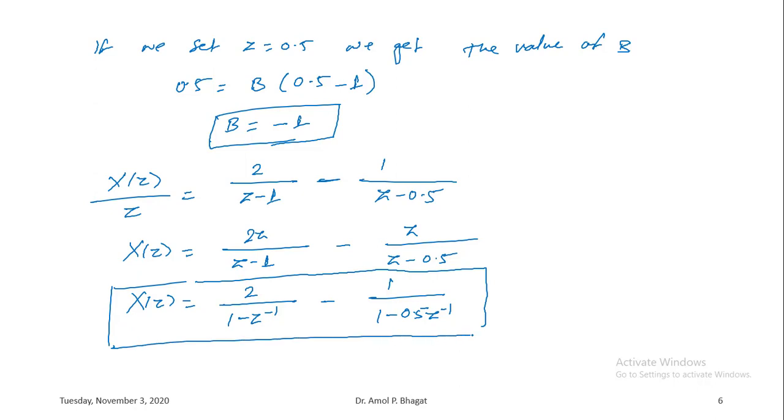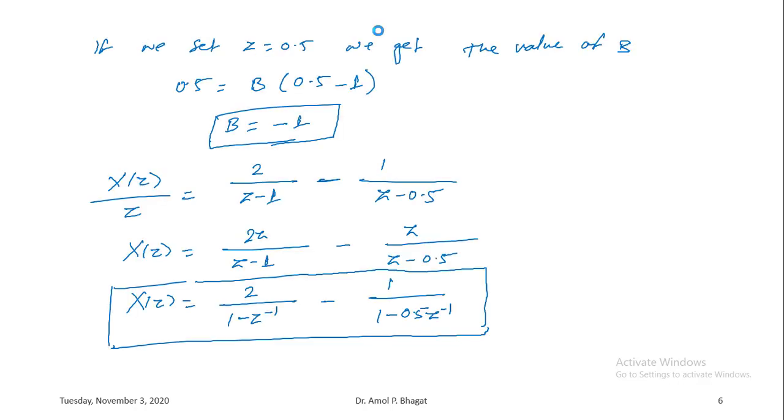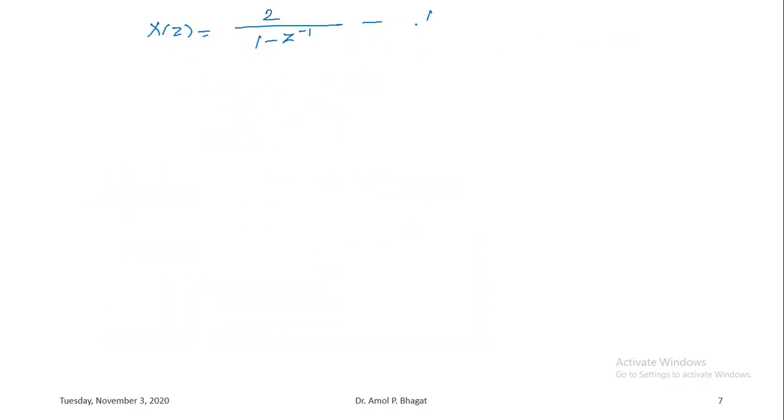Now we want to identify the inverse z transform of it, right? So for finding the inverse z transform, as we have these three conditions on ROC, right? So I'll rewrite this X of z here initially. So what we have after partial fraction expansion is 2 upon 1 minus z inverse, right, minus 1 upon 1 minus 0.5 z inverse. Okay,